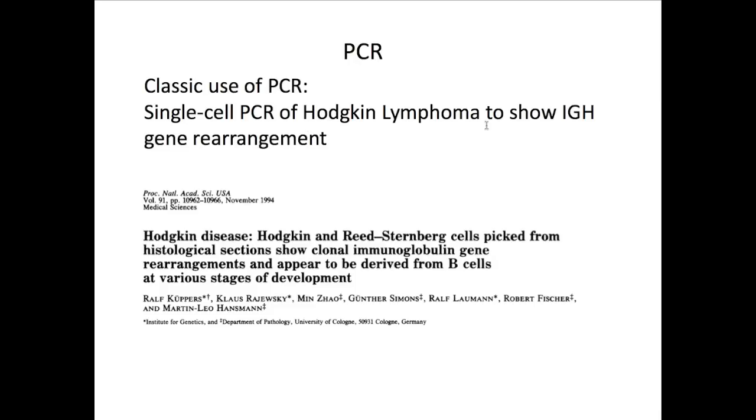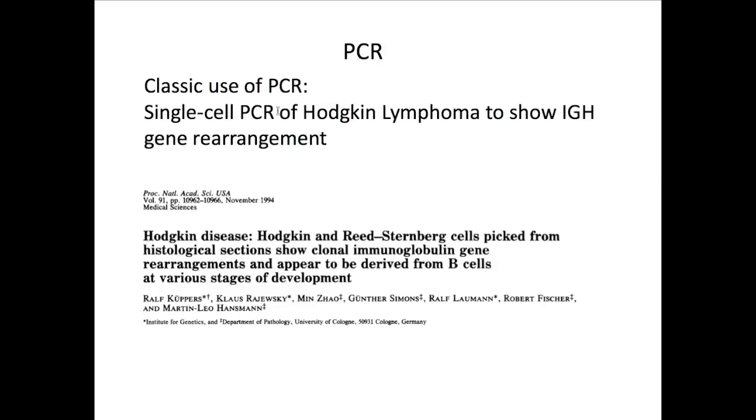And PCR was used to evaluate what the nature of those large lymphoma cells in the Hodgkin lymphoma are. Because prior to that point, it was a little uncertain. They could be things related to macrophages or histiocytes. What exactly their lineage was, from what kind of cell they originally derived, was still unclear. But in a nice paper, a bunch of papers around this time,